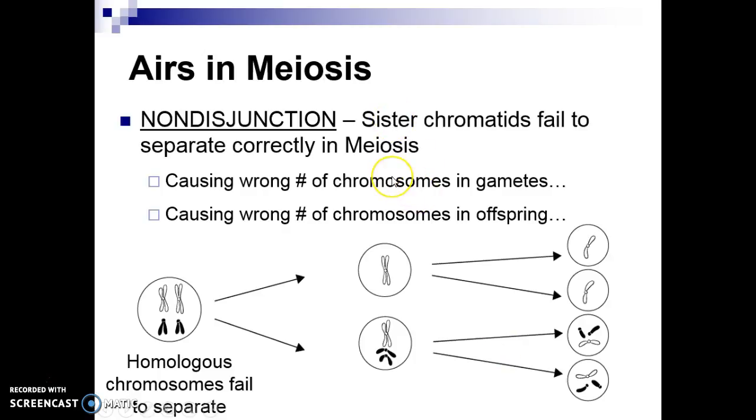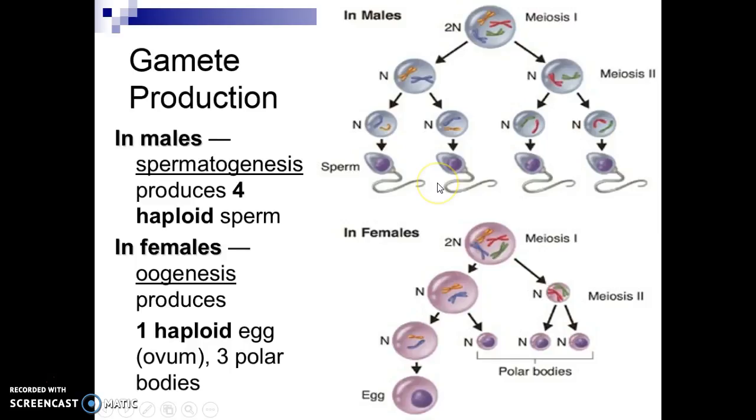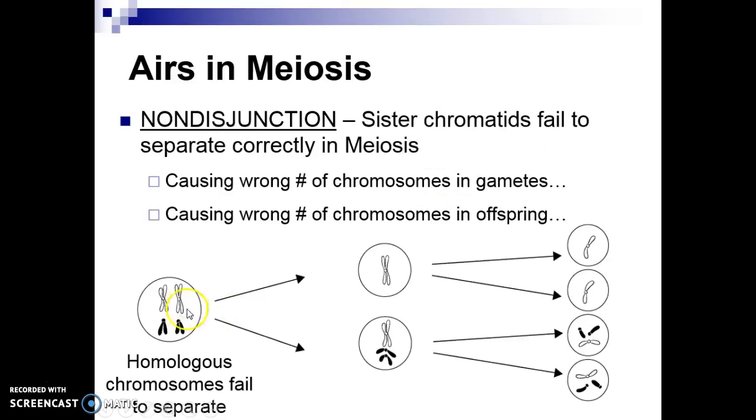Here's an example of some errors in meiosis. Now, every time I see this, I think about fixing it because it's a mistake, but that's exactly what this is all about, a non-disjunction. So what a non-disjunction is right here in the step of anaphase 2 and meiosis 2. These sister chromatids have been stuck together for a long time. It's very easy for them to break or not break, have the centriole spindle not break, and instead of separating